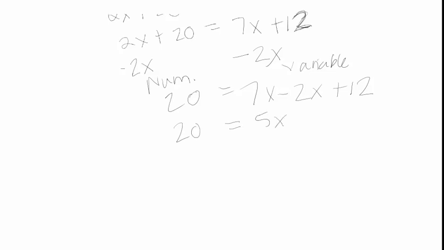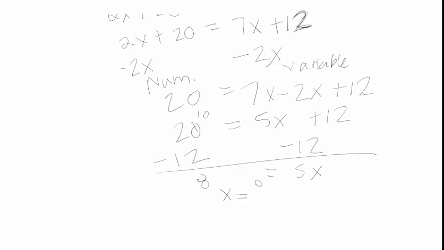Now I subtract 12 from both sides, and 20 minus 12 equals 8, so 8 equals 5x. So then x has to equal 8 divided by 5. And you can leave that as a fraction or you can convert it to a decimal, and it just completely depends on your preference and your